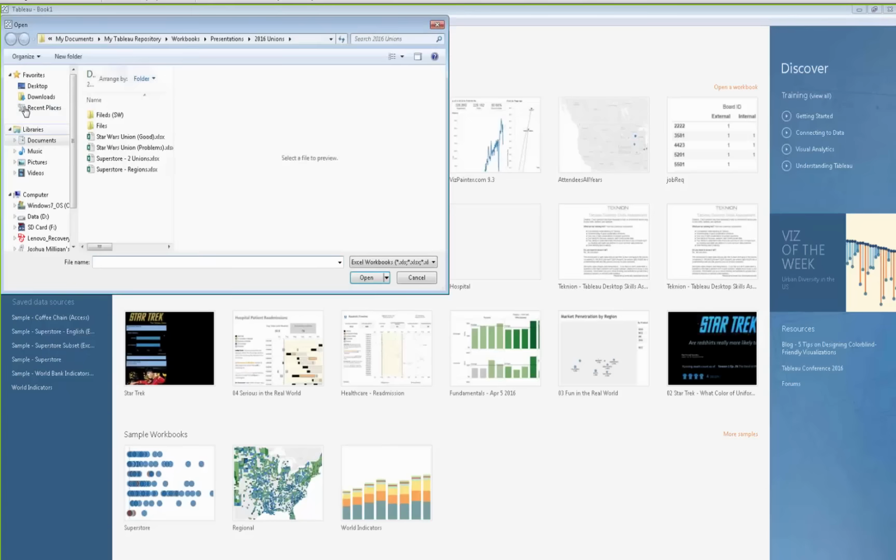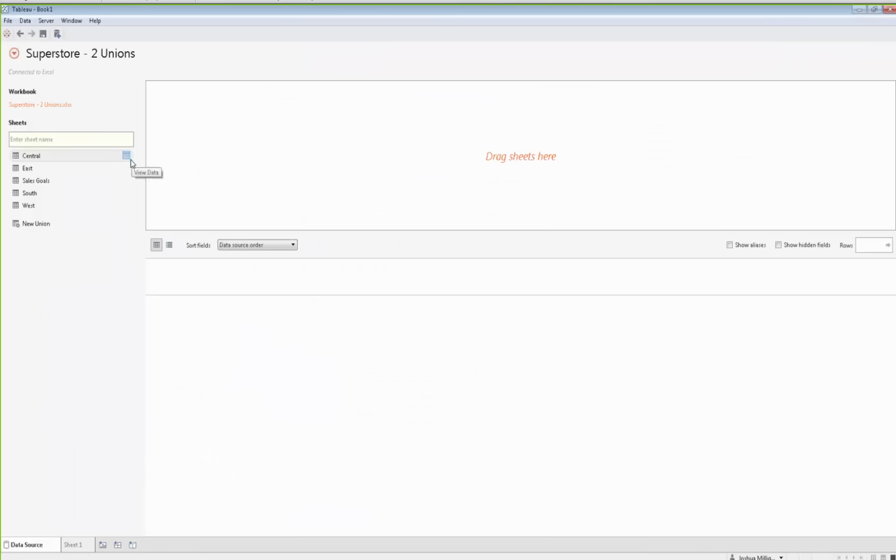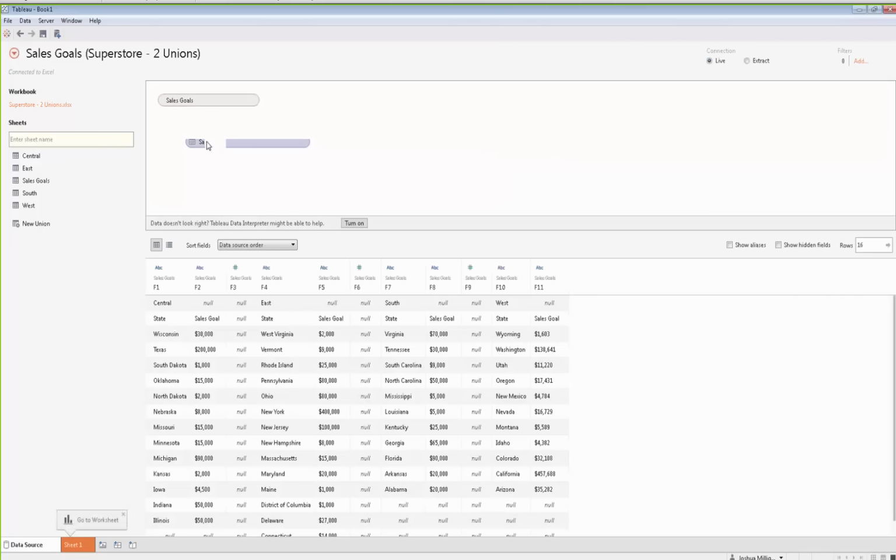So let's connect to, again, this one will be Excel. We'll open up Excel here, and I've got a couple of options of how to start this out. I could union together all of the region tabs, but let's start with that sales goal tab. That's the one that looks potentially the most complex to me. If I just drag that one out there, you'll notice that Tableau looked at that and came up with columns all the way across. It didn't see all those as subtables, but that's because my data interpreter isn't on. If I turn that one on,